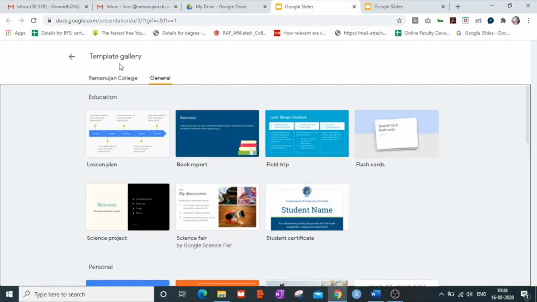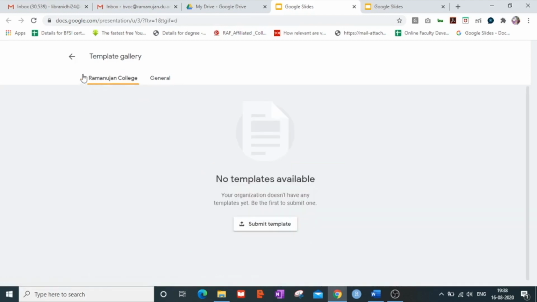Also, as you can see, since I have logged in through my G Suite account, there is also a tab or you can say an option of your organization. So once you click on this organization, you can also submit templates as per your own requirements and submit this to all your organization members for them to use. I haven't created a template as of now, but if you wish to submit and let other members of your organization use that template of yours, this is the right method to do it. So submitting this template will enable the organization members to use that template and incorporate the same in their presentations.